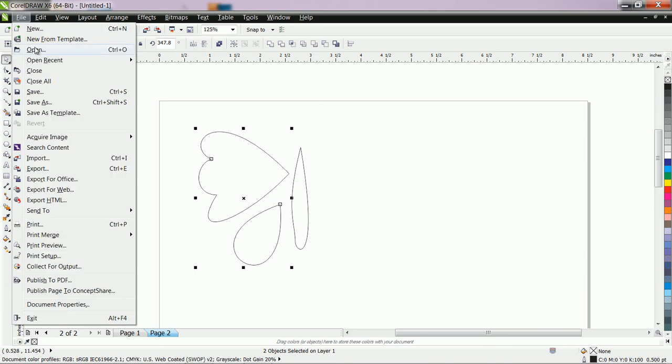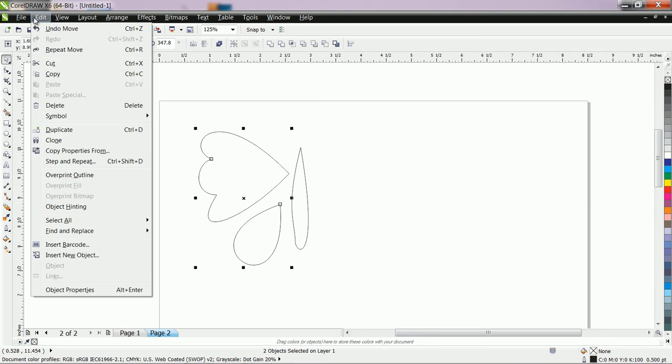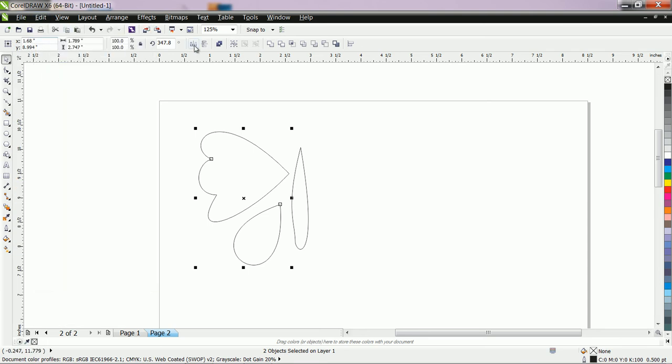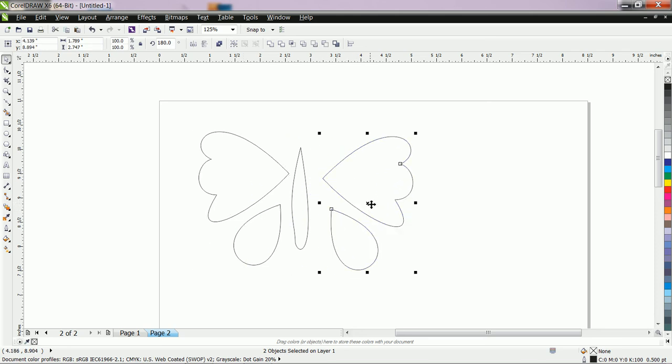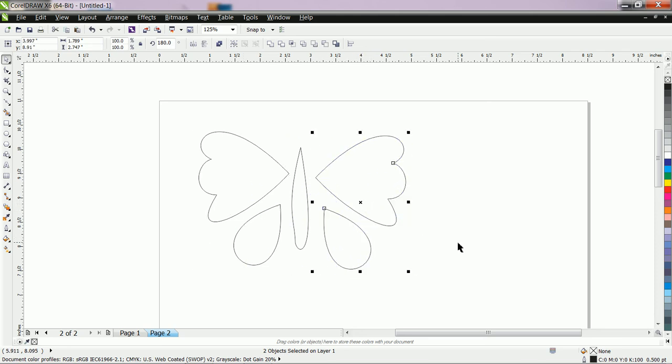Then click on copy. Then there is paste, and simply click on mirror button. Here is the horizontal mirror.